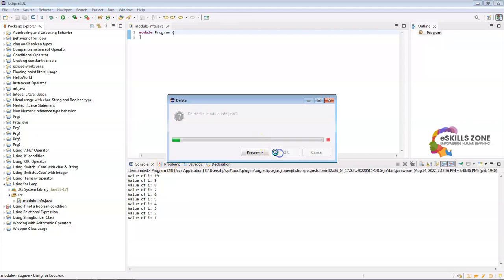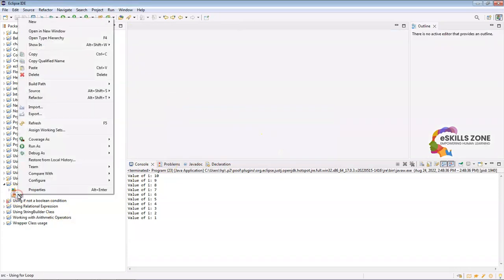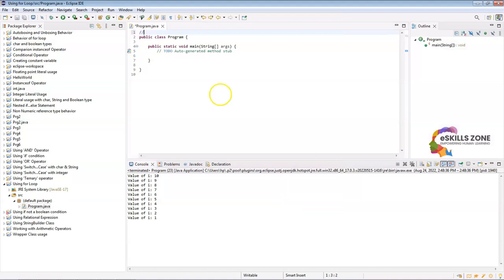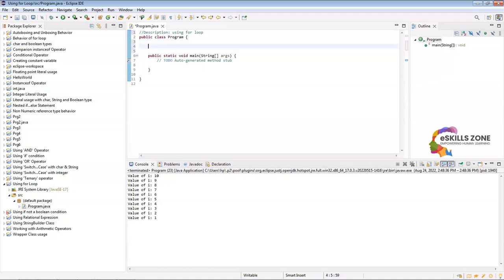Now we will delete it first, then right click on the src folder, go to the New option, then click on Class. Now we'll type the name of the class as program and select public static void main, which will create a main method in the program. First we'll type a comment as the description of this program: using for loop. In the class program, public class, we will type static void